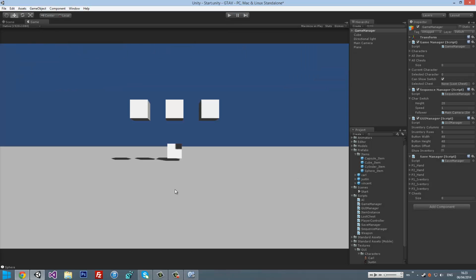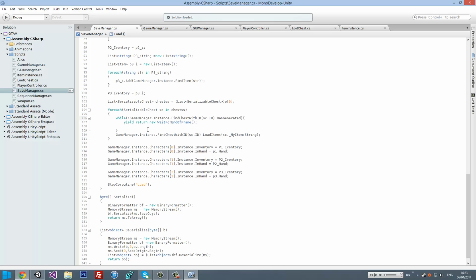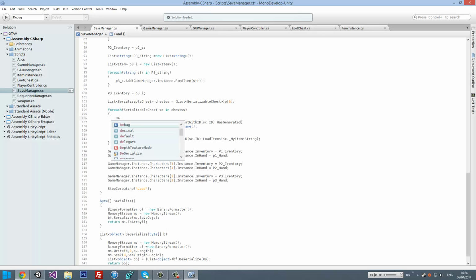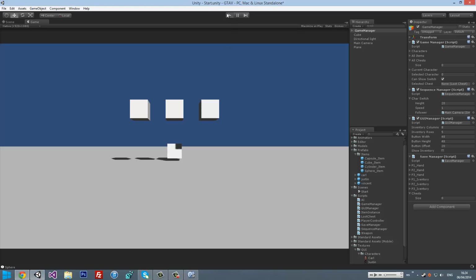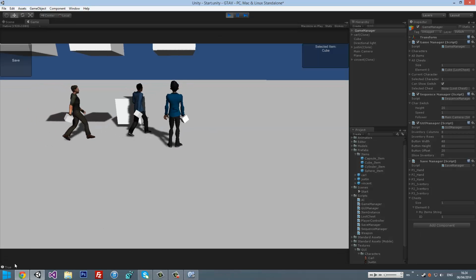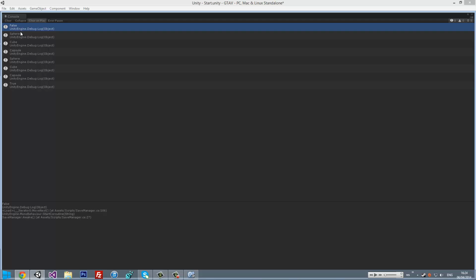What? This is ridiculous. Debug.log. You don't need to do this debug.log. This is to help me find the problem. It's false, and then